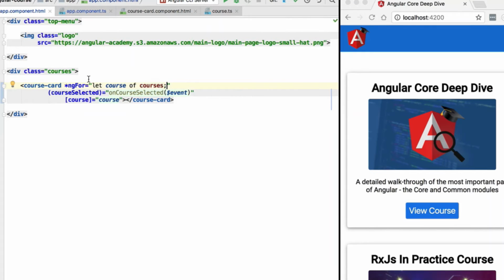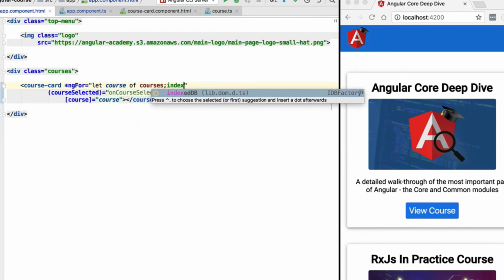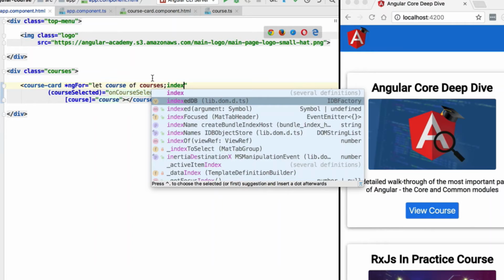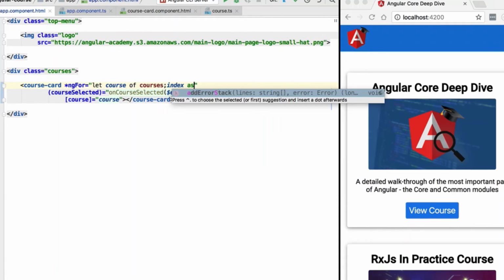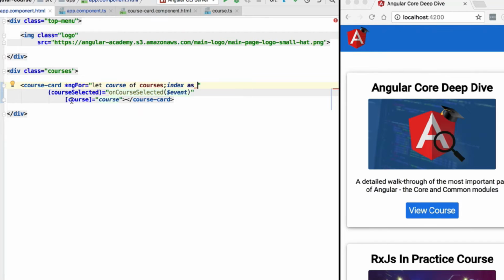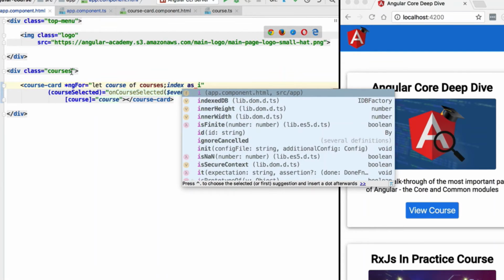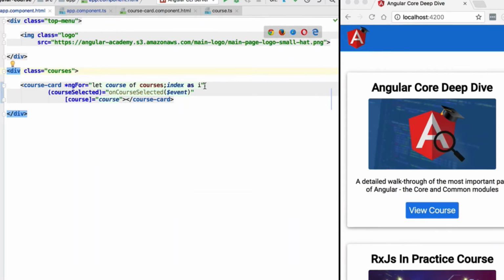We are going to add a semicolon after the let of syntax, and we're going to access the index built-in variable that is provided by the ngFor directive. And we are actually going to rename it so that we can use it easily in our template. We are going to pass in an alternative name to our index, which is simply going to be called the i variable. Now we need to somehow pass the current index of the card to the course card itself,